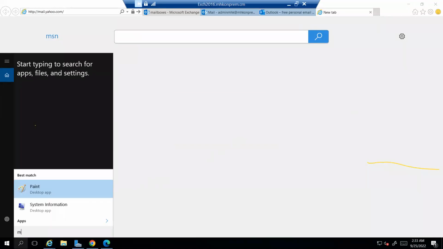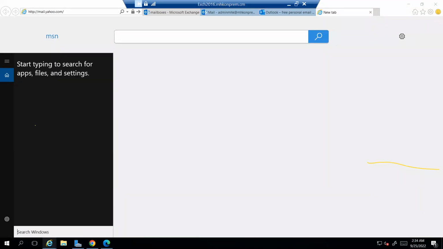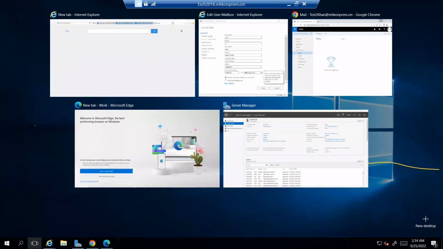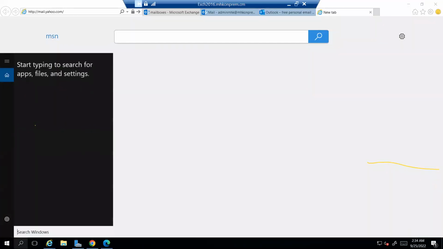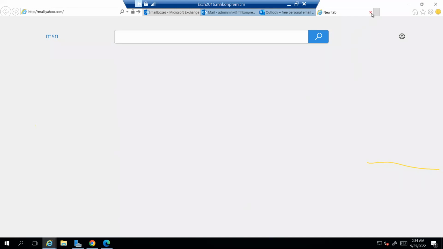For example, I have something called mail over here. Okay, so the mail client is not there here. Normally you will have a mail client on your phone, right? When you click on that, the client will ask you for your mailbox email ID and the password. When you enter the mailbox user ID and password, that is directly connecting to your Hotmail